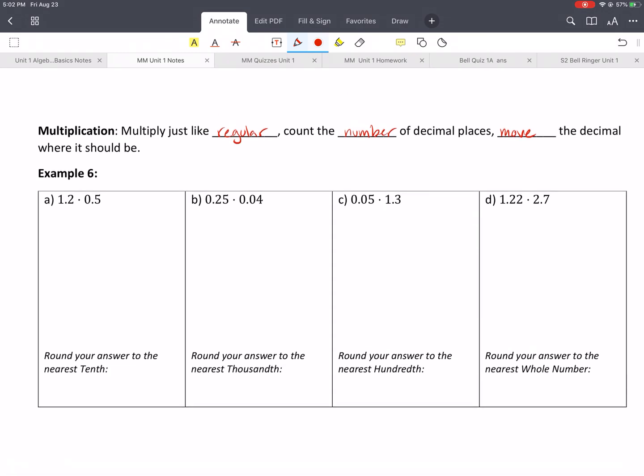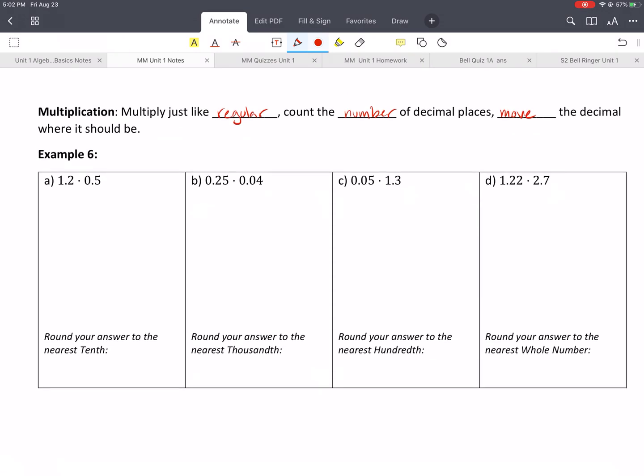Multiplication. Multiplication is regular. I don't know if that actually makes sense when it says like regular. Maybe I said that wrong. We multiply just like we regularly do, okay? We count the numbers of the decimal places. We move the decimal where it should be, okay? So for example,